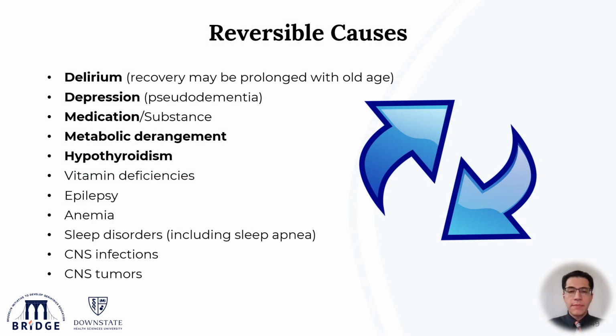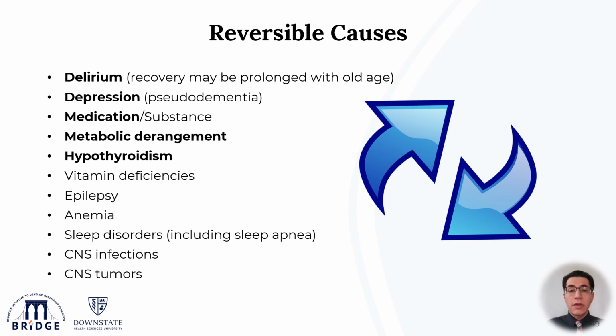So here's a simple list for the reversible causes of cognitive impairment that may affect older adults. The first one is delirium, because the recovery from delirium in older adults may be protracted and prolonged, which may mimic dementia. Depression is another big one because it presents a lot with cognitive impairment, especially in older adults, something that we call pseudodementia. You should look at the list of their medication, any substances they are using, including herbal